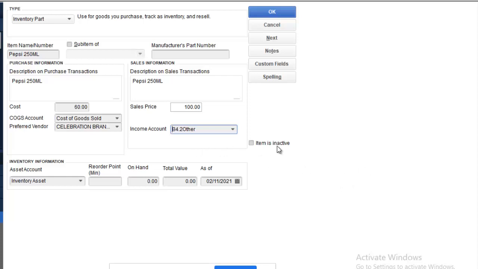Alright, so the asset account will remain as inventory asset, and the reorder point is the point at which you need to reorder. So whenever your inventory reaches the reorder point, the system will remind you that you need to reorder Pepsi. So let's put this at 24. So whenever you have 24 Pepsi available, the system will let you know that you need to order,